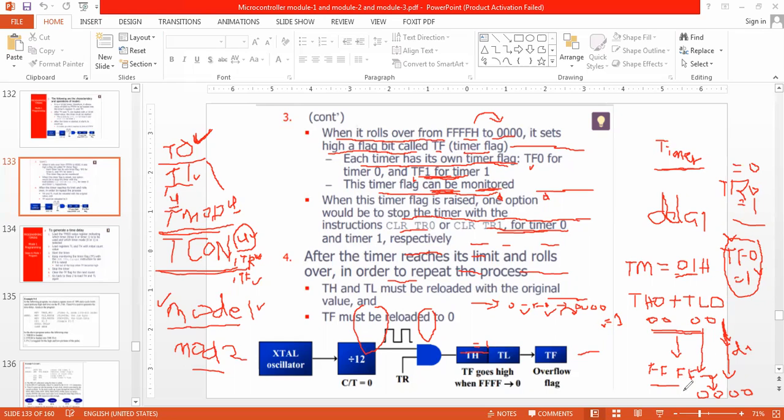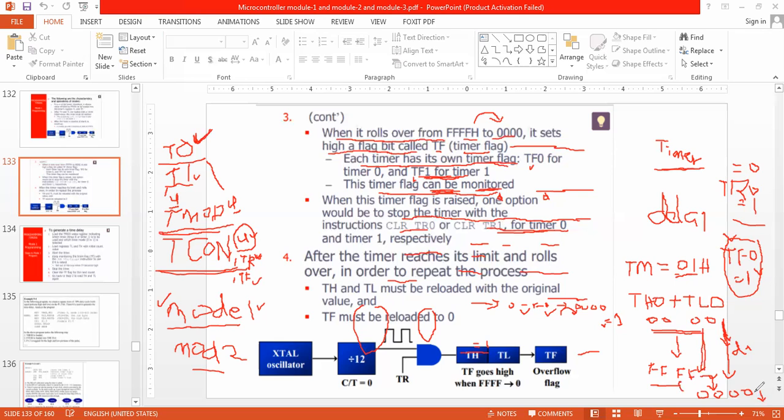If we get the required time delay from this position to the maximum position, then it will roll back. The time delay is the requirement. So it reaches the maximum and goes to 0000. At that particular time, we want to stop the timer. We don't want to increment it once again.